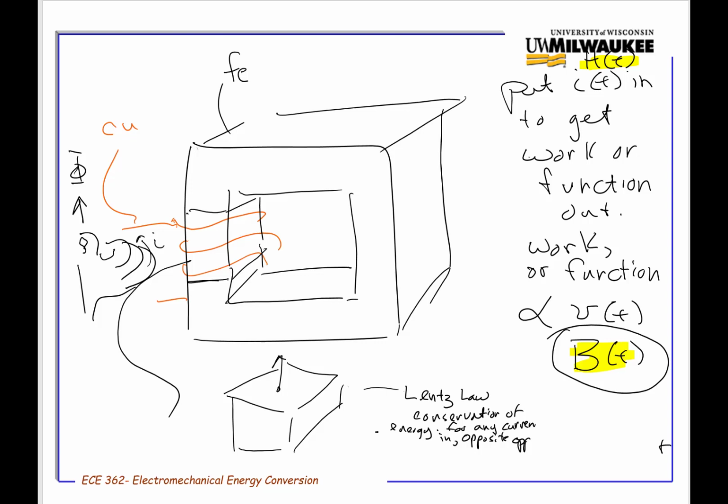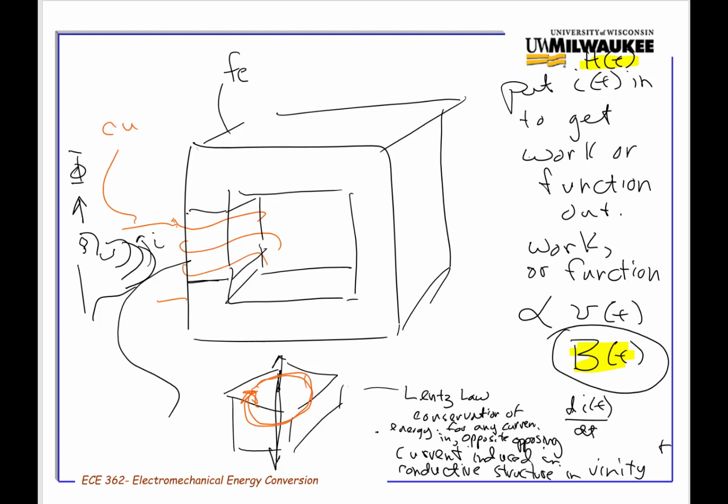Opposing current that is induced in a conductive structure in the vicinity. And it has to be moving. It's got to have a derivative involved here for Lenz's law to work. So the current has to be going in both directions. What this means is that there's going to be a current induced